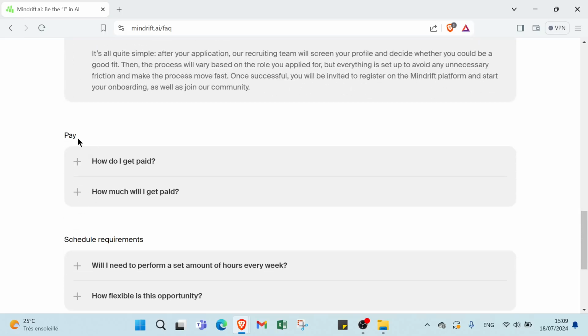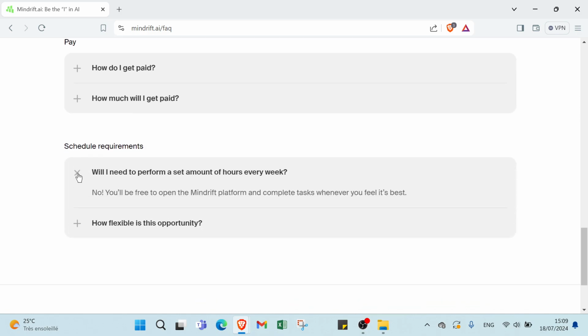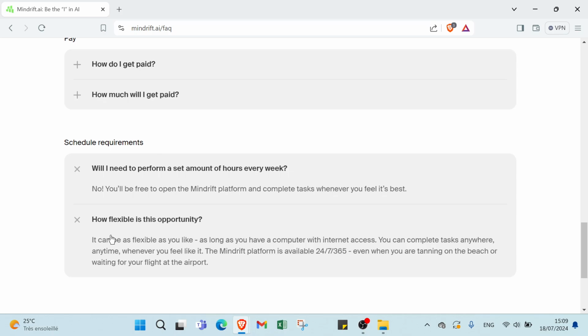so there we have payment. The question of pay, we have how do I get paid? How much will I get paid? For schedule requirements, we have will I need to perform a set amount of hours every week? No, you will be free to open the Minddrift platform and complete tasks whenever you feel it's best. Then we have how flexible is this opportunity? As you can see,